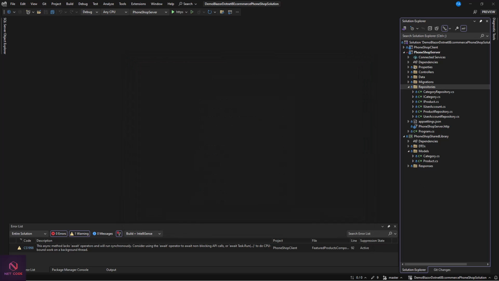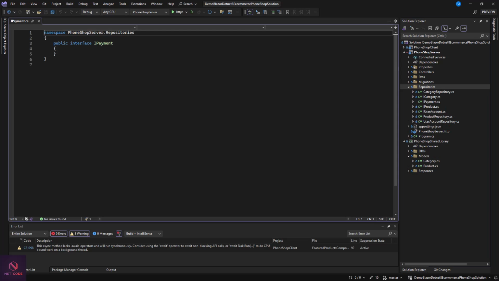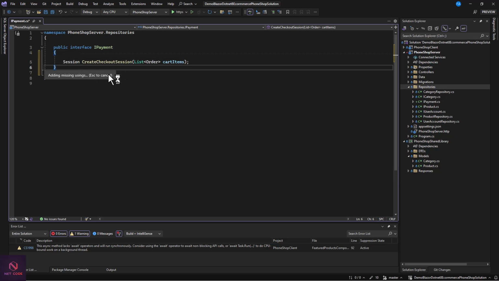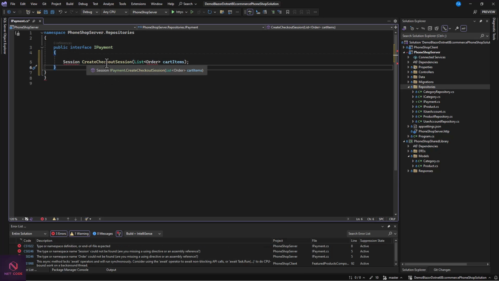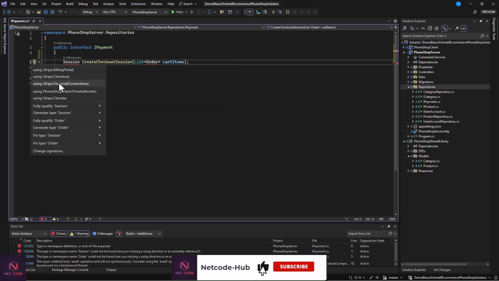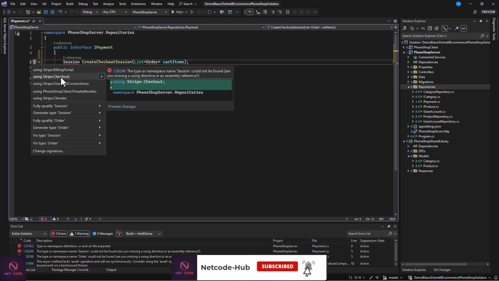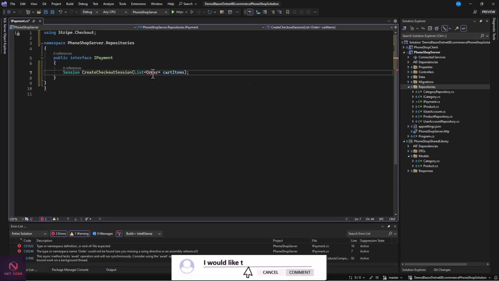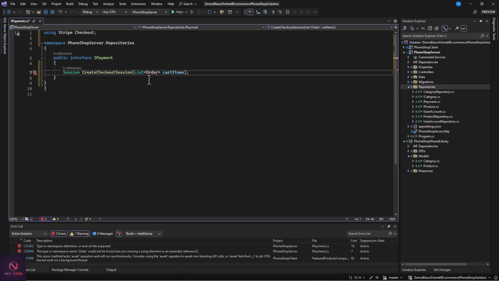So with the IPayment, I'm going to have this section, and this is going to be the method that we're going to have. So CreateCheckoutSession, and this session is coming from the package that we installed. So we're going to use Stripe.Checkout. This is a package name that we need to use. And now this and other. So this is going to be the model that we are going to be using in the application. So this is what we're going to gather the data